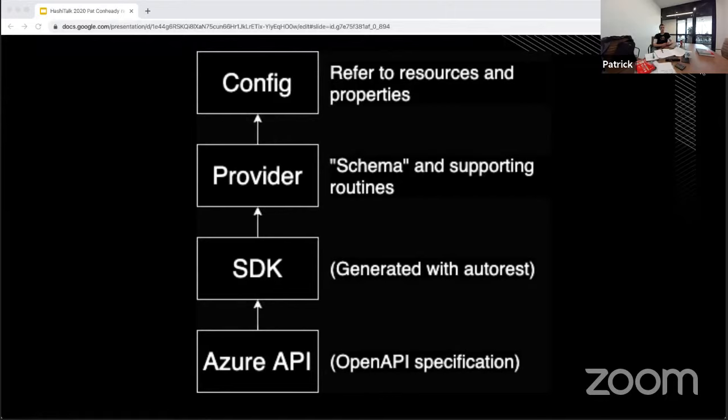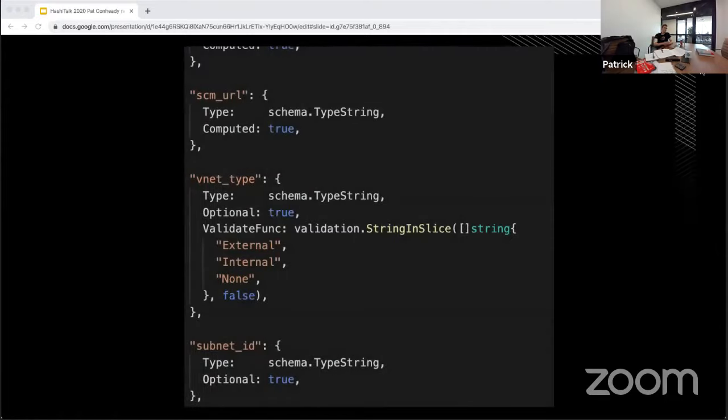If there is no SDK for a given subject matter, the recommendation is that you build an SDK and then build a Terraform provider on top of that, rather than try and do SDK work and go directly from Terraform to API in the one thing. What this means is that, for instance, in my earlier example at the start of the talk, where I wanted to attach an API management service to a virtual network,